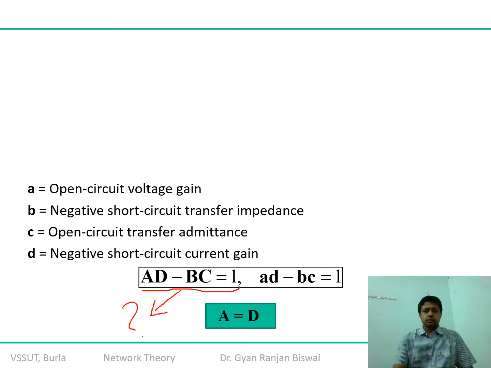Okay. So let me highlight this one. From here onwards, I give you one more challenge: prove, with the help of this statement, whether the system is symmetric or not. I hope you got the answer. The previous one, AD minus BC, will help you evaluate whether your transmission network, or the given two-port network, is reciprocal in nature or not.